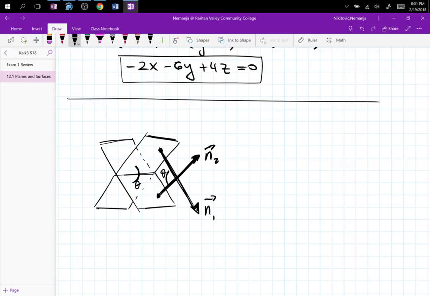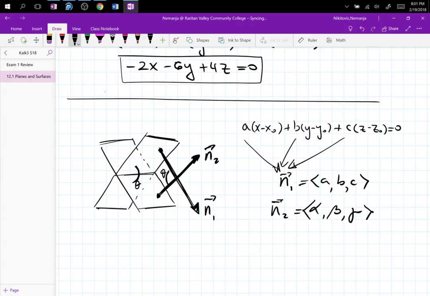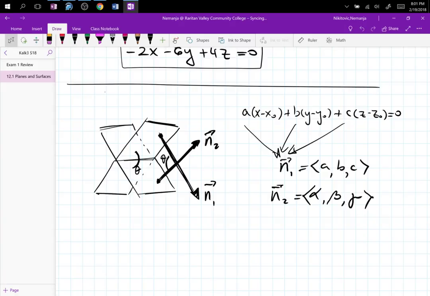So when I have a(x - x0) + b(y - y0) + c(z - z0) = 0, these guys over here create normal vector 1, ABC. Then normal vector 2, alpha, beta, gamma. Alright, so you have two vectors now. And now just use